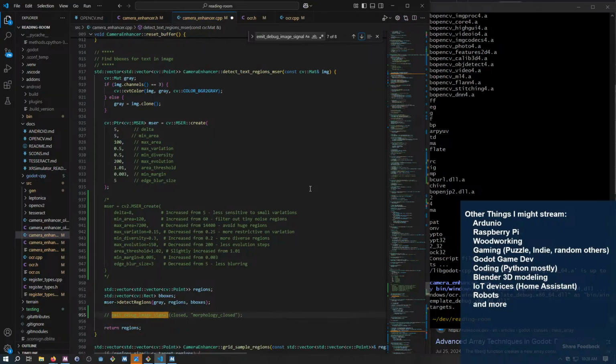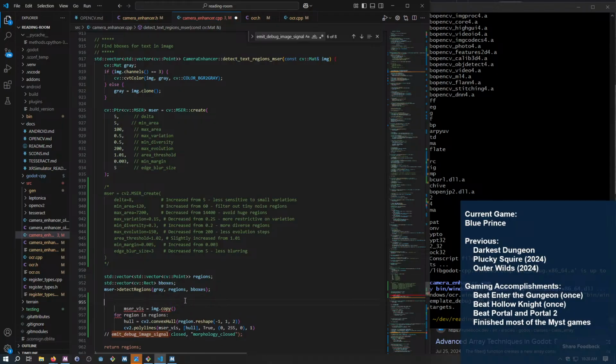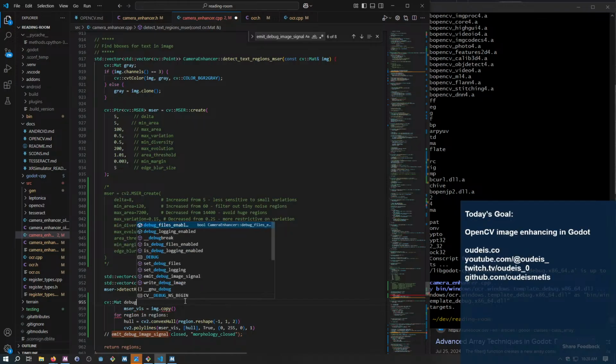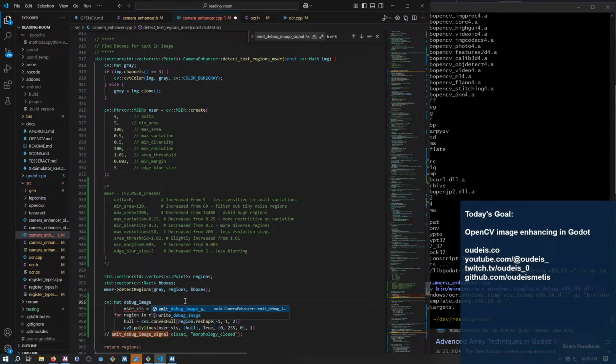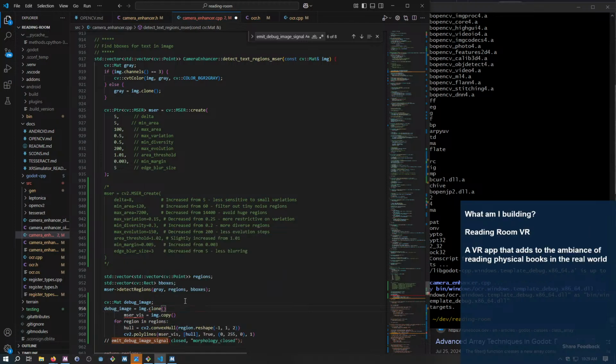Oh, I do have image. Okay, so I should be able to do, here we go. So I should be able to do what? CV mat debug image. Debug image equals image dot clone, and then